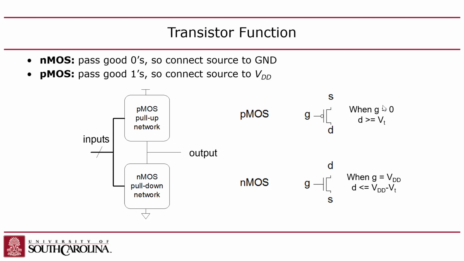When I say good, that doesn't mean you can't use NMOSs to pull up, but no one ever does that because they're awful at that job. They're too slow. The whole goal is to make these gates as fast as possible, right? So to make them fast, the PMOSs pull up and the NMOSs pull down. So what you end up having to do is create a circuit of NMOS transistors here and a circuit of PMOS transistors there, right? Okay. And you have to make sure that